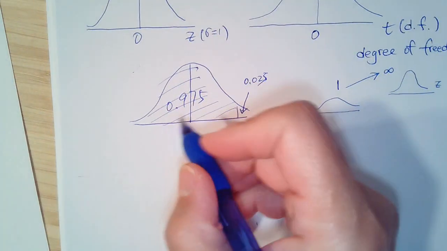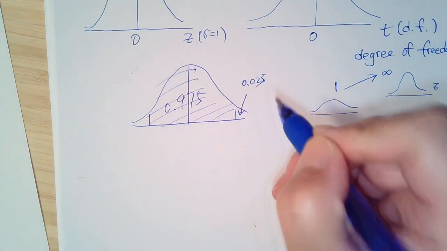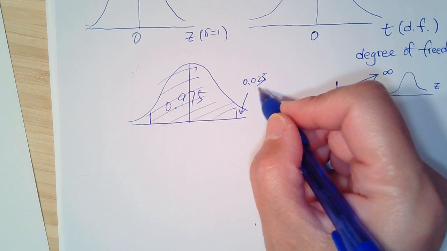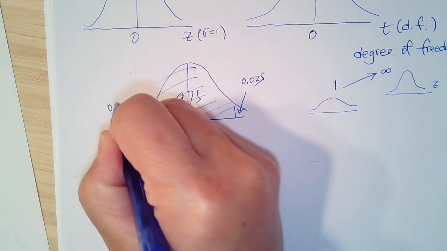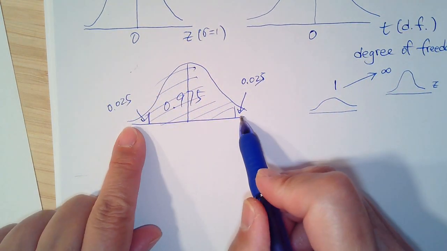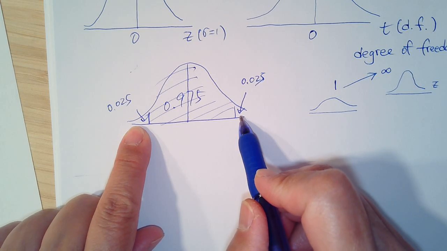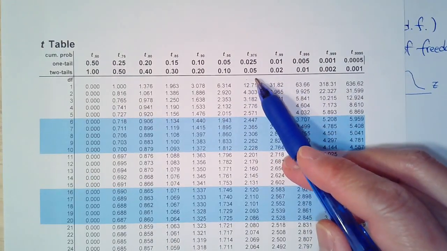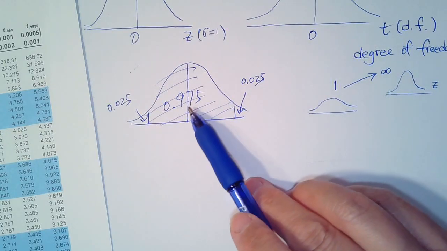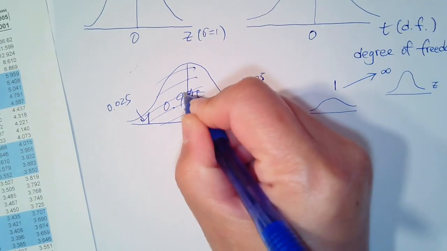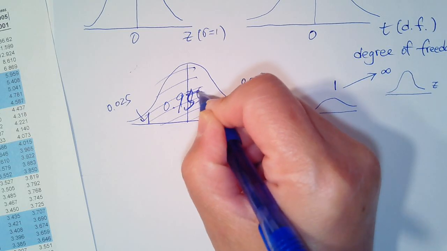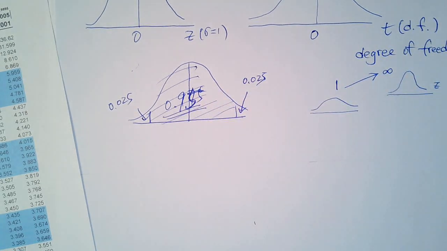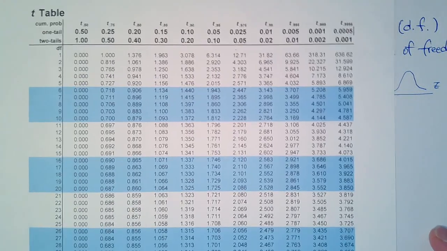If it is for two tail, then here's 2.5%, and here's another 0.025. So two tail will add up to 0.05. That's what it says here, 0.05. So this 0.05 corresponds to a 95% confidence interval. Okay, so that's 0.025 to one side and 0.025 to the other side. All right,